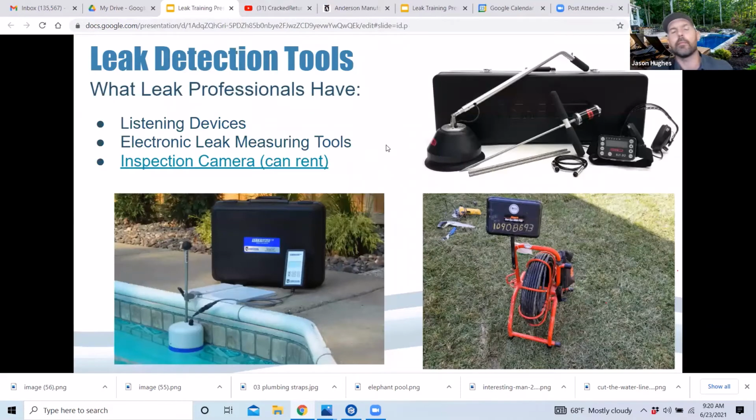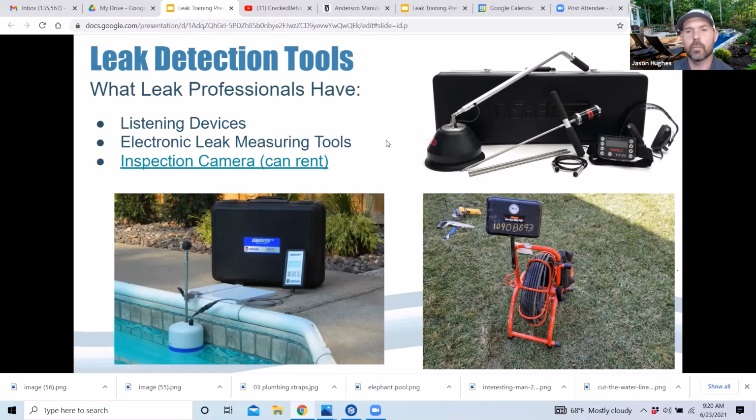So my experience with the camera was that's the only time I rented the camera myself, and I found the leak. I don't know what the camera costs, probably $400 is about what it costs, or maybe it's $250, $300, $400 for half a day. And so for what you suspect is a very big leak, that's probably a good place to